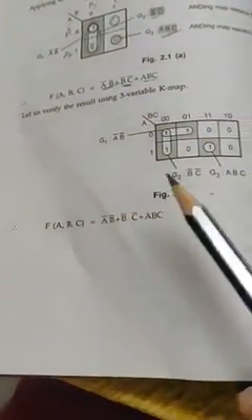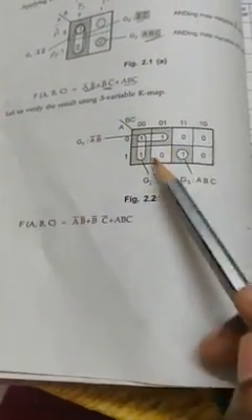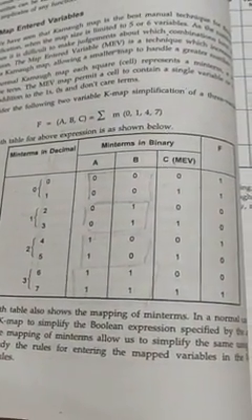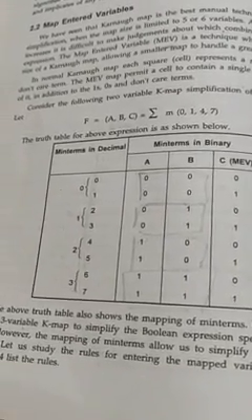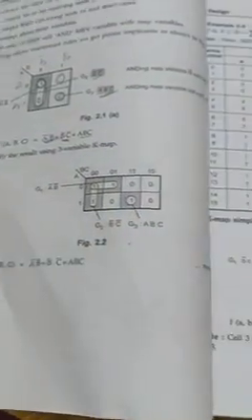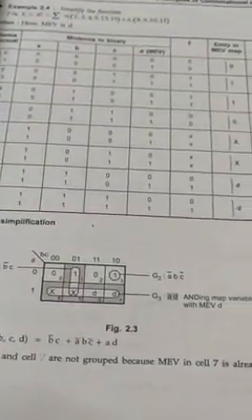So they are just cross verified by solving the 3 variable K-map for the 3 variable expression. But actually in case of map entered variable, if the given expression is 3 variable, then you are supposed to solve it by using a 2 variable K-map. Ready? So let me go with the next problem.